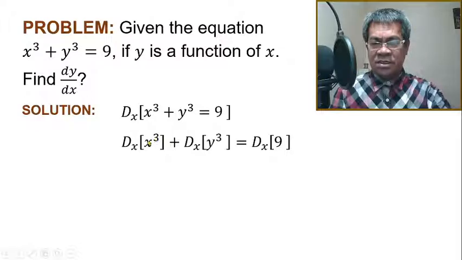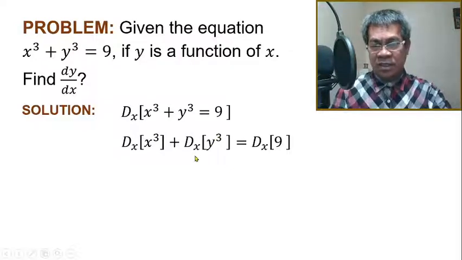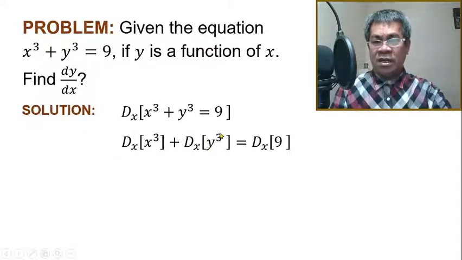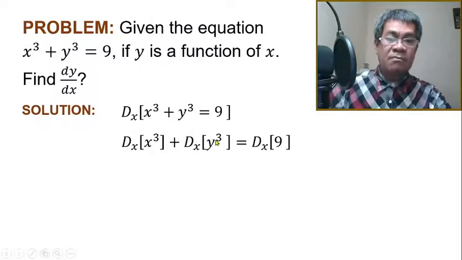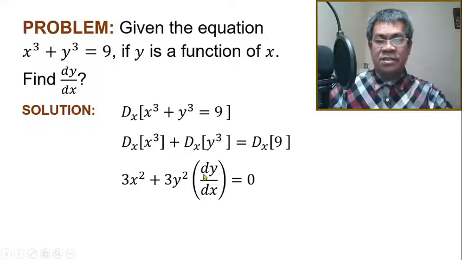So again, this is x to x, so this is purely 3x squared. But this one is not constant because y is a function of x, so therefore treat this as x. So this will become 3y raised to 2, just like this one, but you have to continue. Take the derivative of this because this is a function raised to n. This one is 0, so therefore this must be the answer.